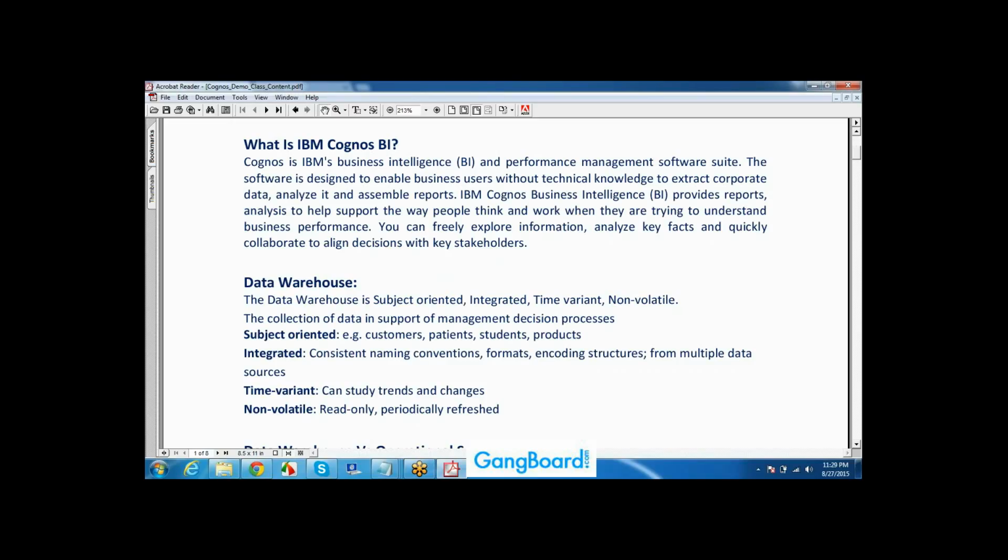ATM transactions they won't store for 20 or 30 years on the SBI side, because they would need to maintain a lot of resources and make a lot of investment. Just think: is it required or not? Whatever information is required, only that information they are going to store for the long term. You got it, right? Any confusion as of now?